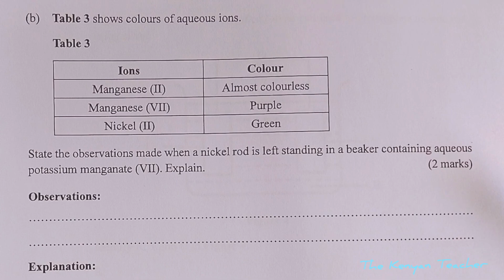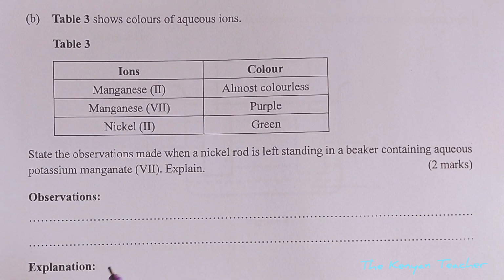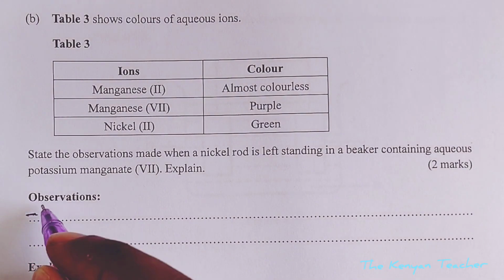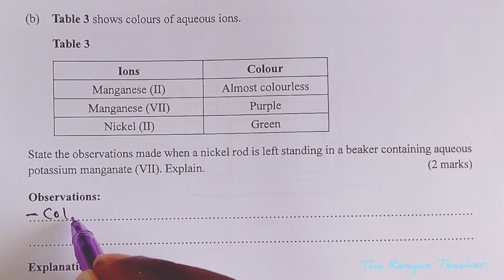They were to go ahead to explain the observations for 2 marks. One thing that we take note of is that the potassium manganate 7 would actually oxidize our nickel rod to nickel 2 ions. So the expected observation here would have been that the color